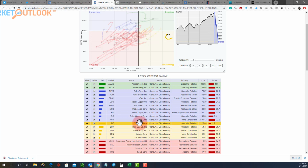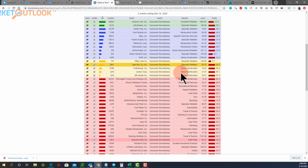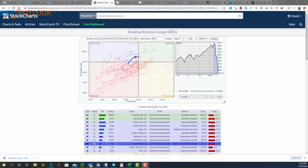It's still kind of rotating around. It's actually still even a bigger outperformer than Amazon is. But these three, the housing sector and Best Buy, are really moving in the wrong direction here from a relative strength basis. Of course, everybody knows about all these, but these are movers right now, moving in the wrong direction. Interestingly enough, one of the stocks that's kind of related to those home builders that's actually rallying on a relative strength basis, but might be losing a little bit of momentum and maybe rolling back down along with them,